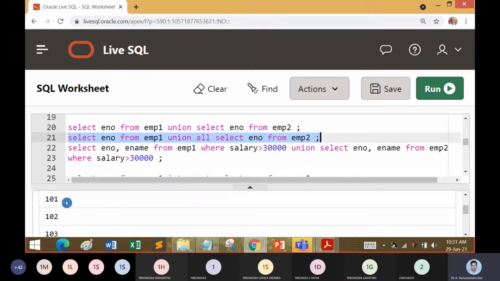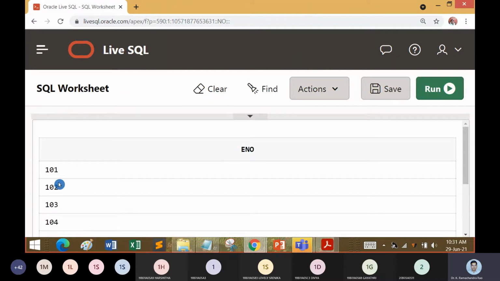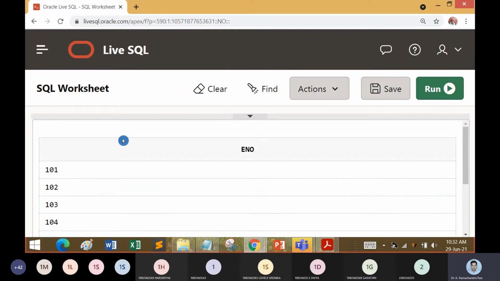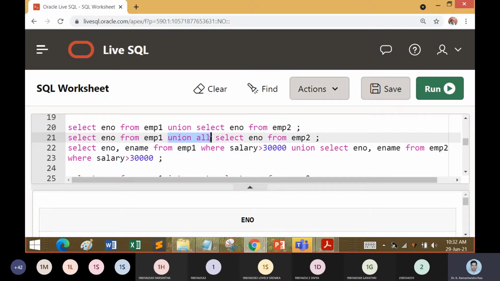Now 101 and 102, they will be duplicates, right? 101 and 101 will be duplicates. So now again you can see here 101, 2, 3, 4, and again 101, 2, 201, 202. So 101 and 102 are repeating twice. Why is it repeating twice? The reason was, we had used the operator called union all.